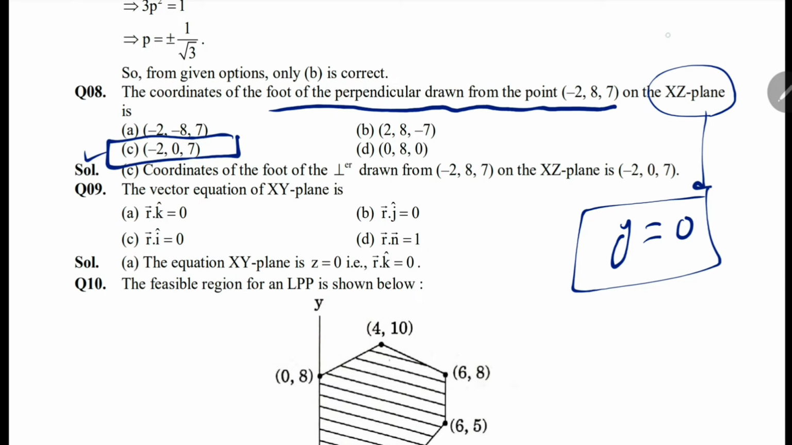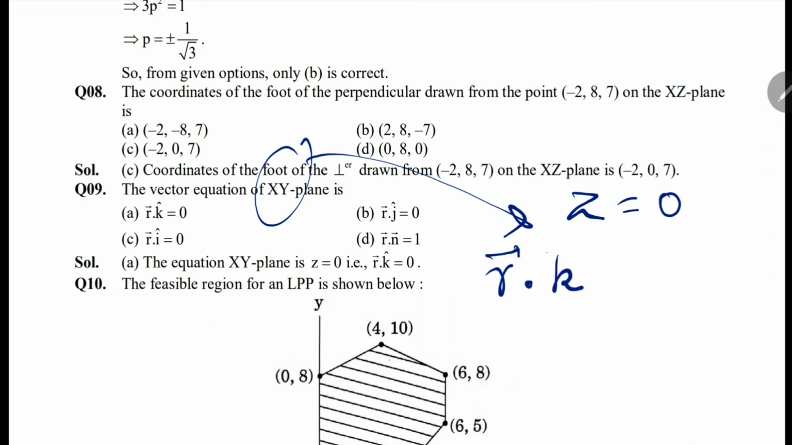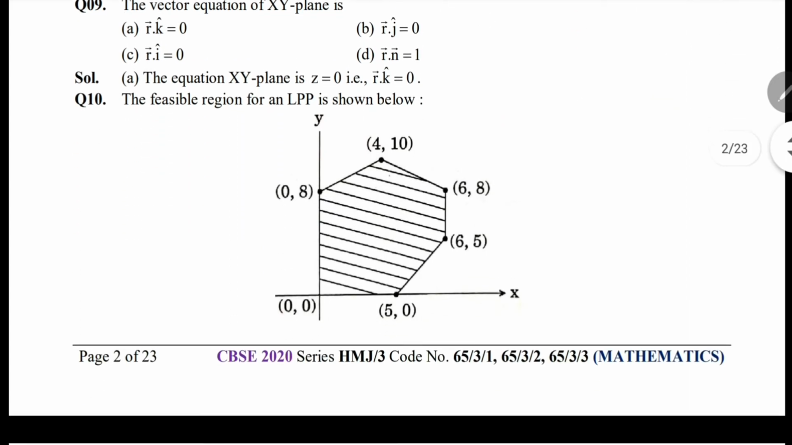Now question 9 asks for the vector equation of the xy plane. The equation of the xy plane is actually z equal to 0, which when turned into vector form should be this, and therefore option A suits the most for this problem. Now question number 10,